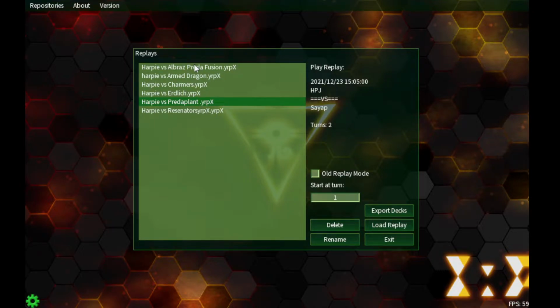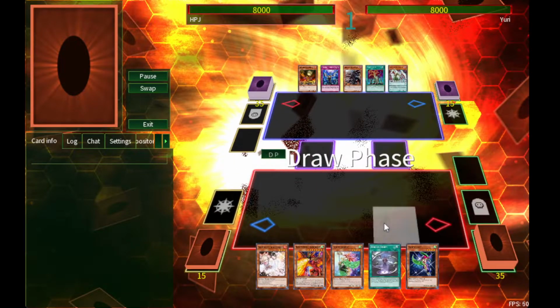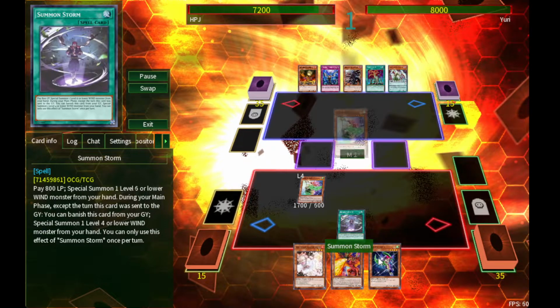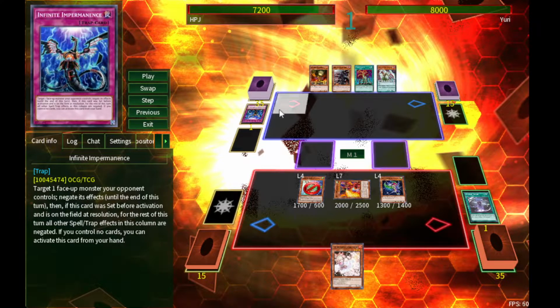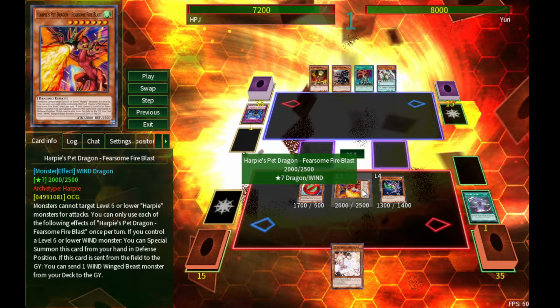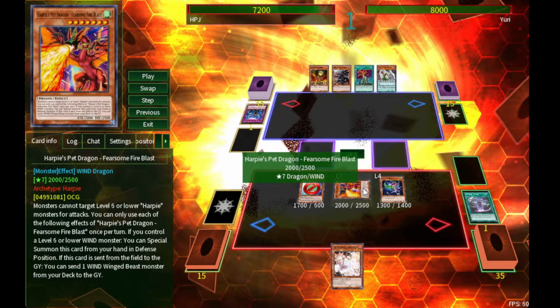So yeah, then I played against a variation that used Predaplant and Alvarez. So for this duel, this is the one where I use Summon Storm. So I use Summon Storm, I summon Harpist. They go for Infinite Impermanence on the Harpie Harpist. Okay. Well, I get to still Special Summon the Dragon, and I have a Normal Summon,